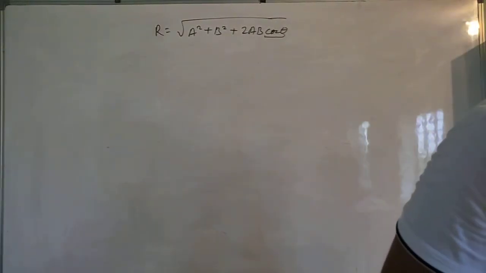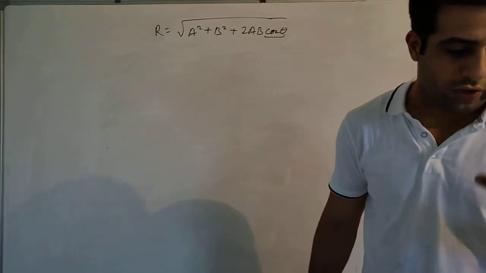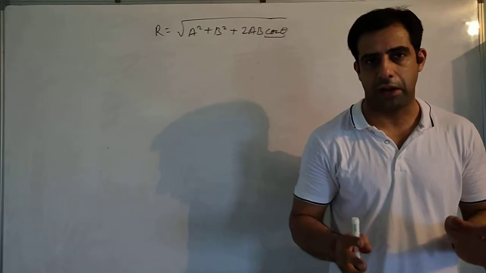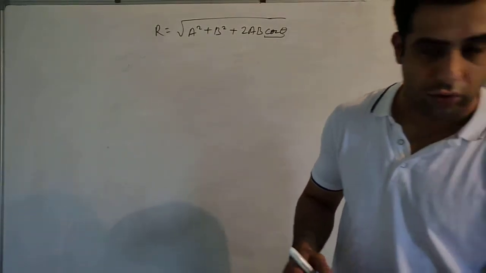Let us say that there is a body which is given two velocities. A body is pushed in two directions at the same time. It is given two velocities, one velocity towards east and one towards north.